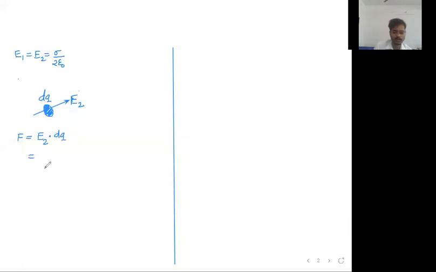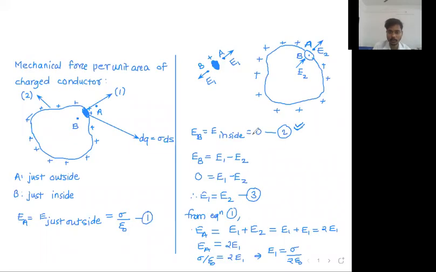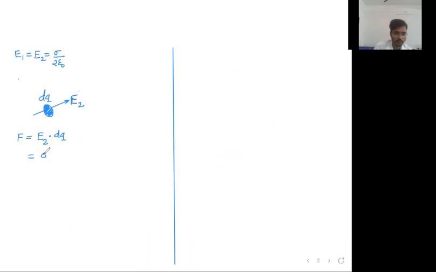Now dq is very simple, that we have already figured out. The charge on this very small conductor, dq, is equal to charge per unit area into the area. Perfectly fine. Okay, no, not perfectly fine, I have to first write down the value of E2. The value of E2 is sigma upon 2 epsilon 0. This gives me the value of E2 multiplied by dq. dq is charge per unit area into the area. Put the brackets properly.